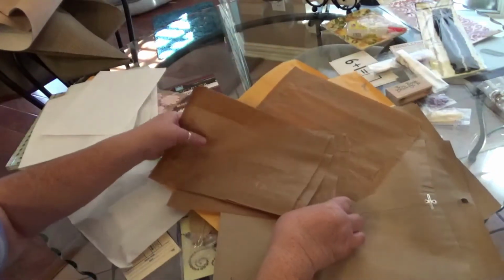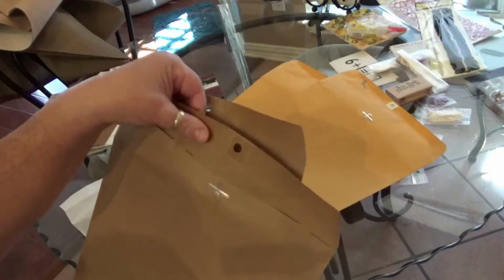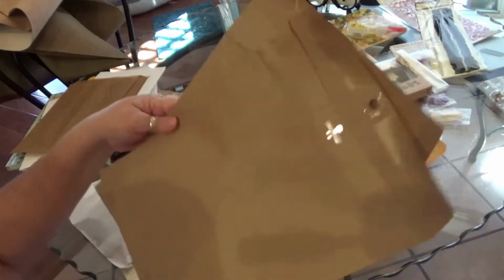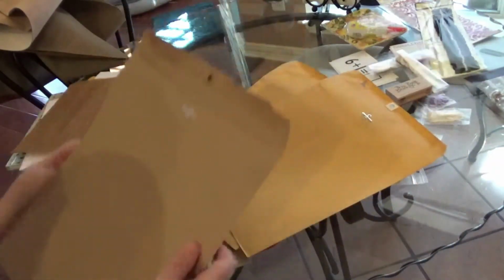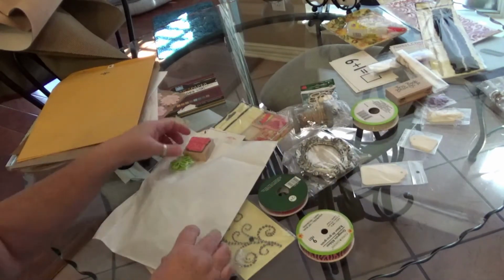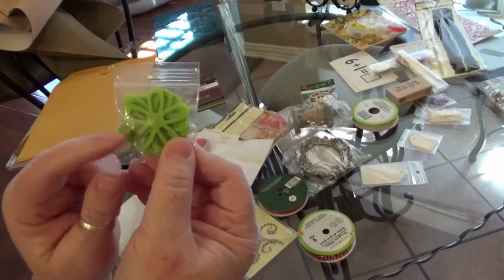Okay. And then these were the only things that we thought might have kind of gotten wet right up here in the glue part, but it did no damage. So these are, I love this color. And these are huge. Excellent journal covers, or not. Oh, more pattern paper. And these are, I guess felt, but they're like those...